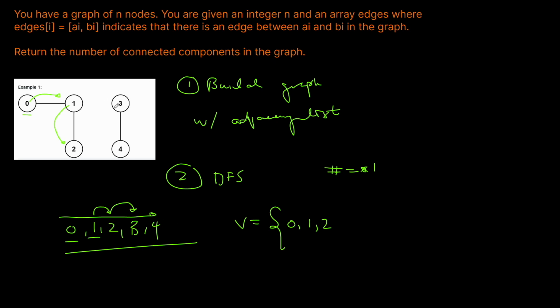So this means that it must be a new unique component. So we increment our count by 1. So now we have 2 components, and we're going to say that we visited 3. We're going to kick off a depth first search from 3 to explore all of its possible paths and basically update our visited set. So from 3, we can go to 4, and 4 is not in our visited set,